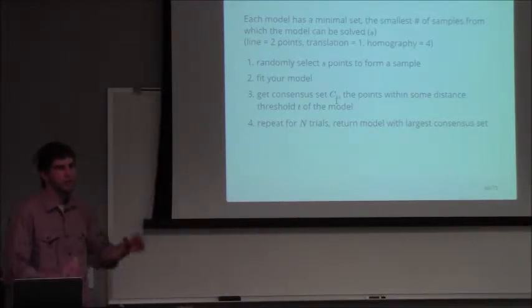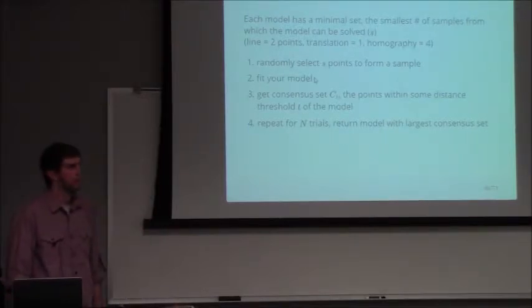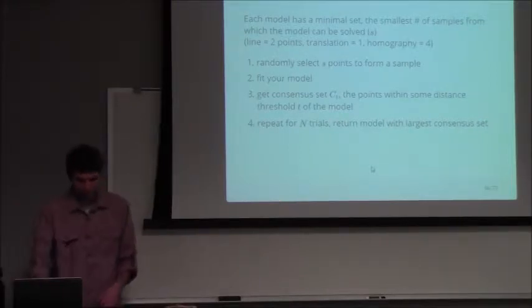And so if you get one of those outliers in your model, you're going to find fewer points that fit under the threshold because it's far away from the other ones. And that's essentially how it works. It keeps going until you get the biggest set of inliers that you can find, so points that fit under that threshold. This isn't necessarily specific to computer vision. It can be used in regression,